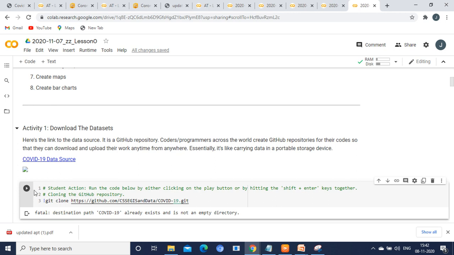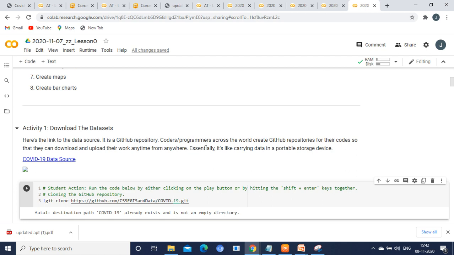That's it. Now, in the third line, you can see the word called clone, and the word called git. This data source has been obtained from a GitHub repository. Repository means database, right?